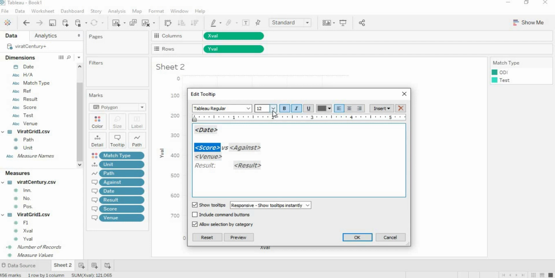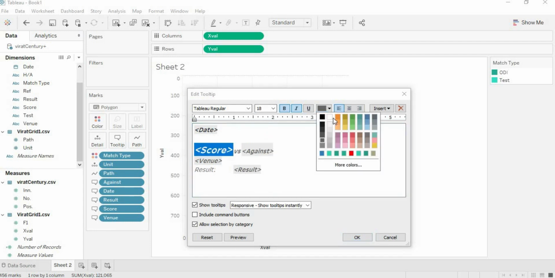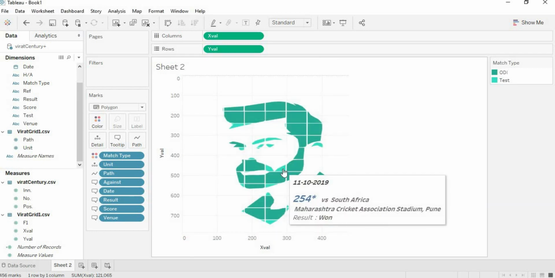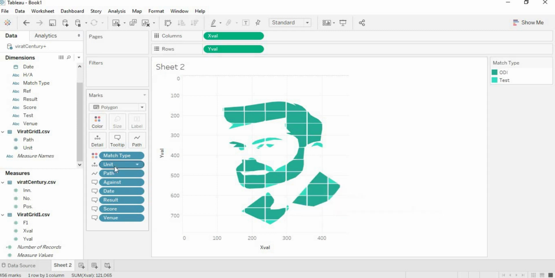For that, I will increase its size to 18 and give a blue color. Click on OK, hover over it, so you could see the score and the date. But if you carefully observe the date, it cannot represent as a heading. So I will format it.